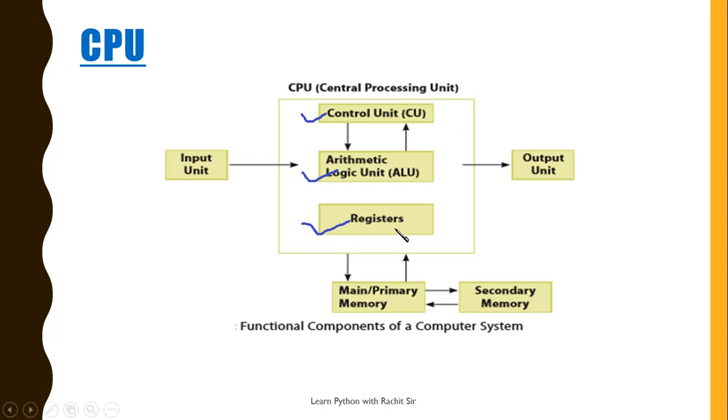Third one is registers. These are high-speed temporary storage areas found in the CPU. Registers work as per the instructions given by the CU, storing instructions and data immediately required for performing operations. The CPU places the highest priority job inside registers for fast execution. Registers can be of different sizes such as 16-bit, 32-bit, 64-bit and so on, and each register inside the CPU has a specific function like storing data, storing an instruction, storing address of location in memory, etc.